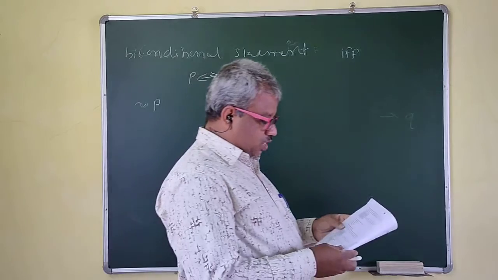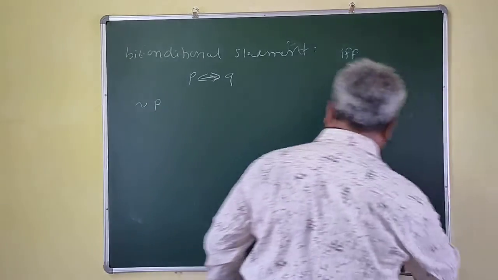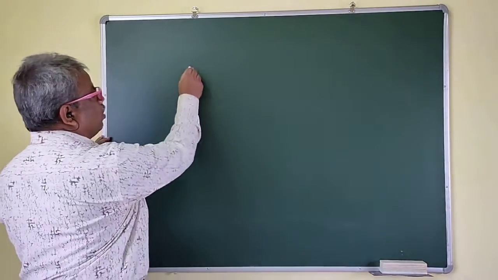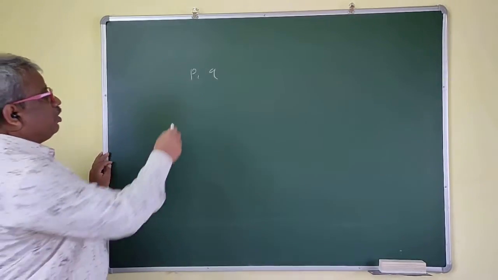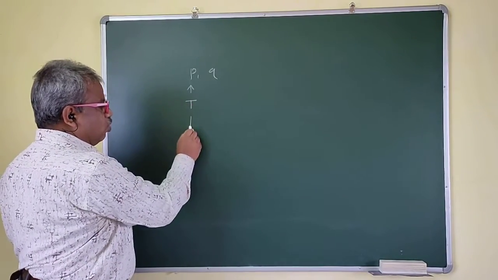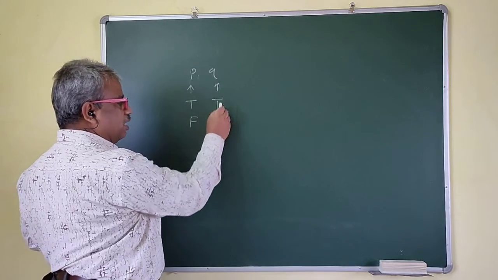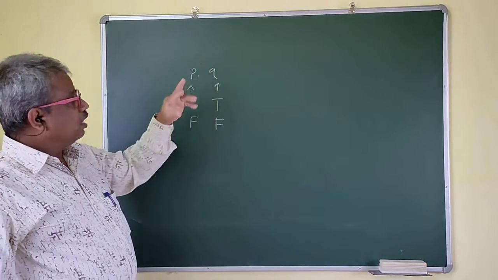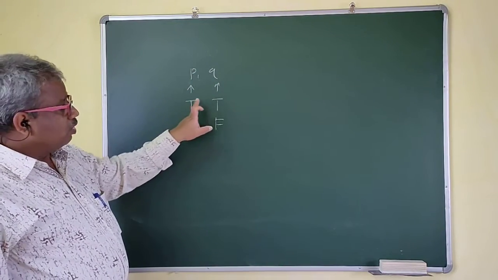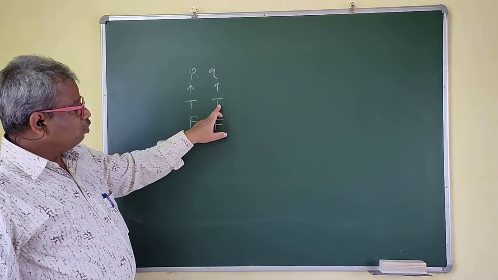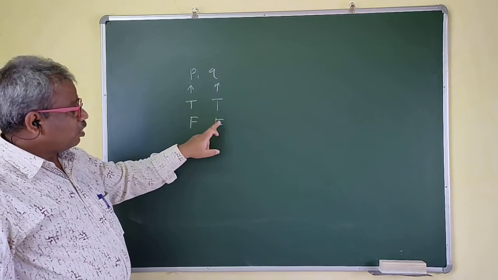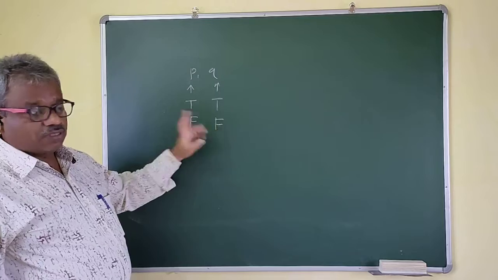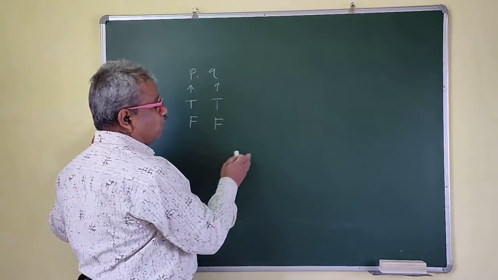Now we are interested in the truth table. Now we have to prepare the truth table. So how to prepare this one? Now we have two statements, P and Q, right? So we know that the truth value of P is either true or false. Truth value of Q is also either true or false. And we want to find a truth table for the compound statement. That means here either P will be true and Q will be true, or P will be true and Q will be false, or P will be false and Q will be true, or P will be false and Q will be false. So you have to find the output of this one.